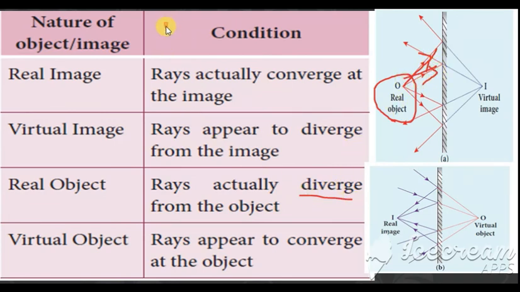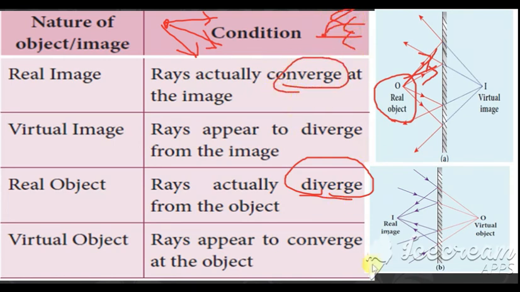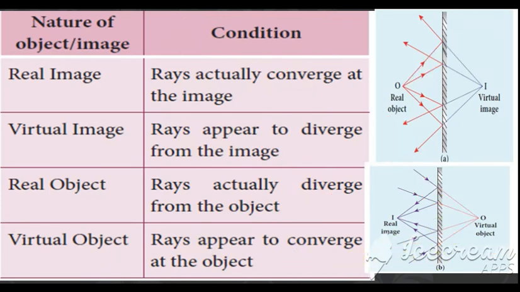Okay, so nothing else, if you have any point and if the arrow marks are going away, that is called diverge. And if you have one point and if you have arrow marks pointing towards it, it appears to converge. Clear? Same way the last one is the virtual object. In the virtual object, see what happens, it is coming towards. All the arrow marks are coming towards, is it not? So we can say that it converges. Clear?